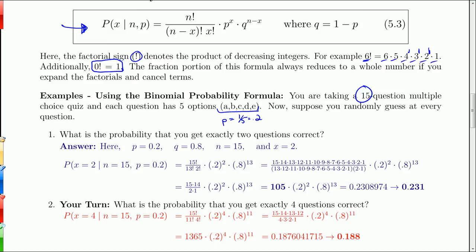And because you're randomly guessing on each question, you're not even going to read the question, you're just going to randomly guess. The first question is, what is the probability that you get exactly 2 questions correct? Well, we're going to use this formula right here,